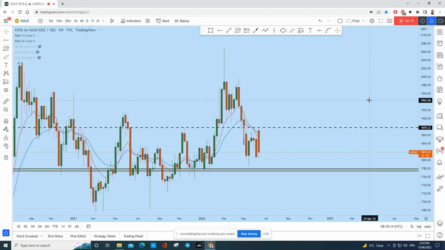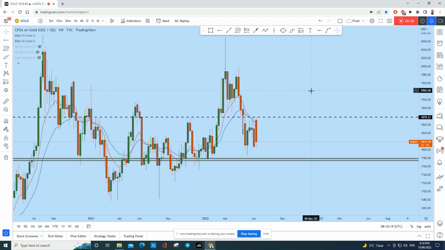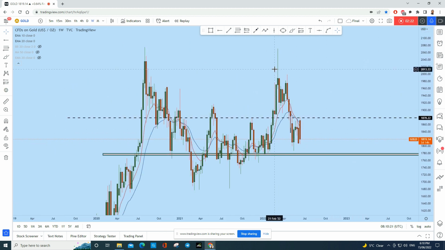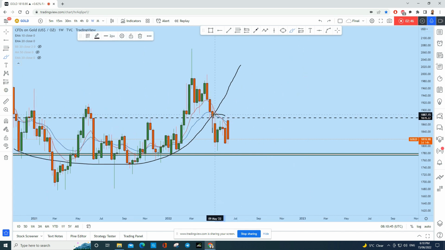Now let's go to the weekly time frame to see what kind of price action it has created. On the weekly, as I mentioned, we see that a dynamic support has been created on gold. The price was moving, creating a bullish pattern to the upside. And then on the weekly, gold has created this double top formation, and then broke to the downside. After this breakout, we have seen a gap opening. That means that the price has been completely